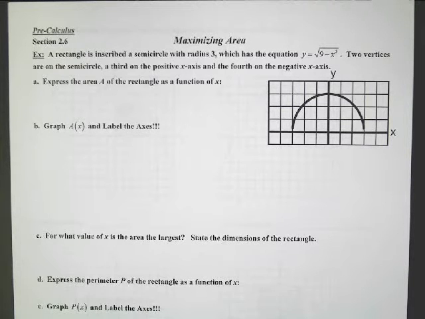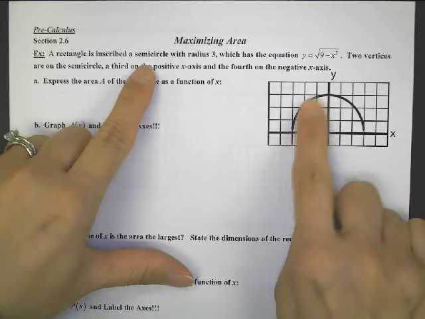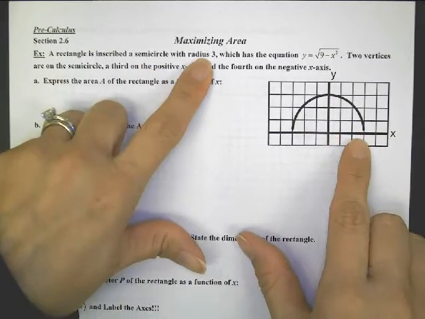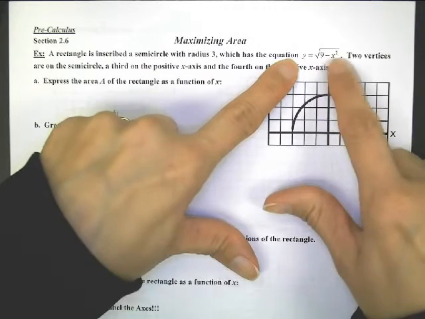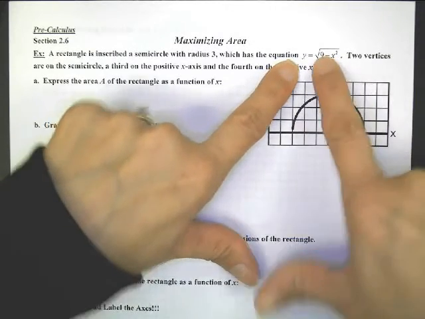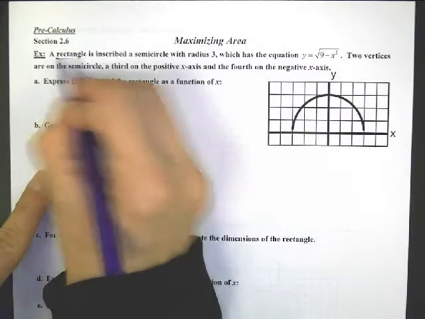All right, this last lesson here is going to be on maximizing area again. So let's take a look at a variety of different ways we can do these kinds of problems. A rectangle is inscribed in a semicircle, and the radius is 3, which has the equation y equals square root 9 minus x squared. So this graph has that equation right there, and we need to draw a rectangle inside